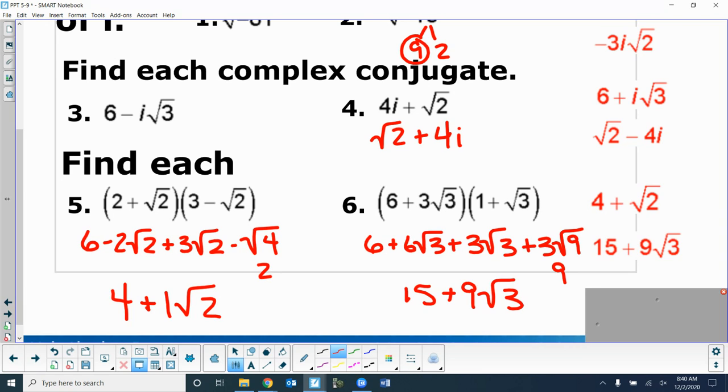Should be able to handle those, because we're going to do some of this today. Except instead of the radicals, they're going to be 6 plus 3i and 1 plus 3i, or something like that. We're going to do that. Okay, that's where we're headed today. All right, let's go over the homework